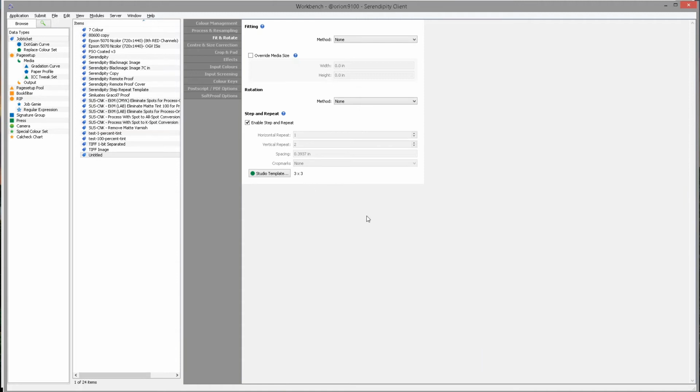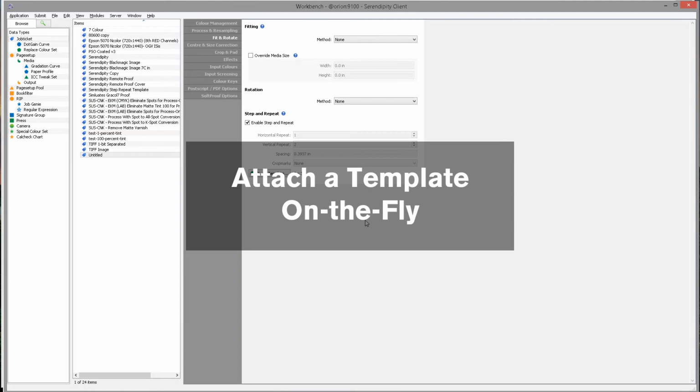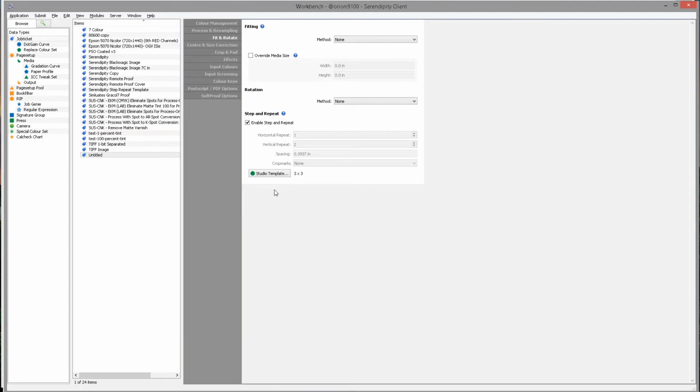The other method of submitting a job is to do it using the job ticket without a studio template attached and attaching it on the fly. That means that you can have a job ticket that exists with all of your relevant settings, and you only need to apply the template when you need to. To do this, we remove the step and repeat from our test job ticket, save it so that it saves with nothing attached,